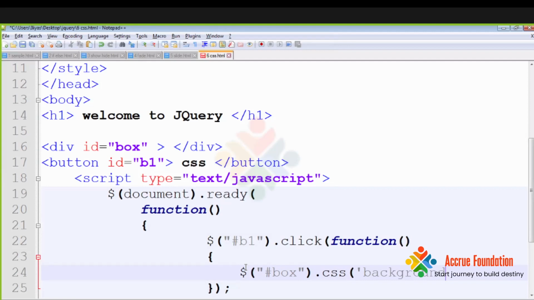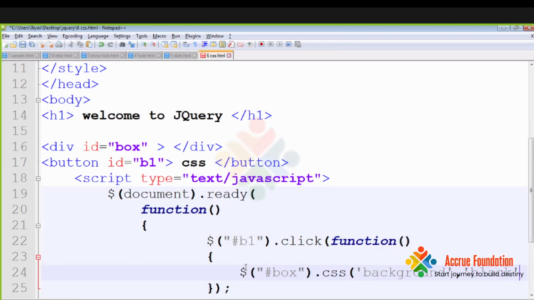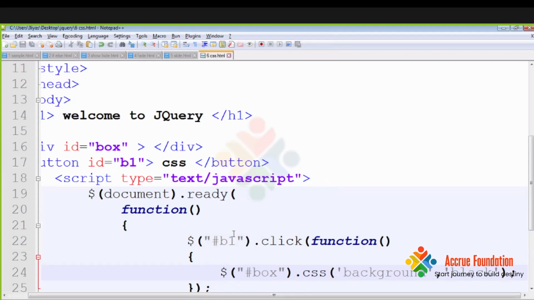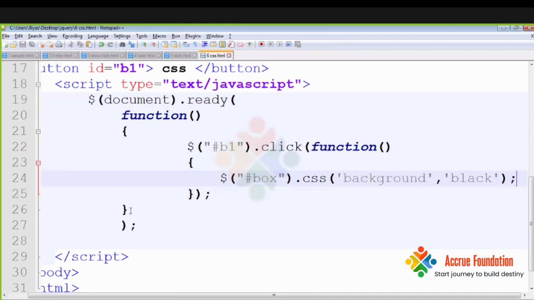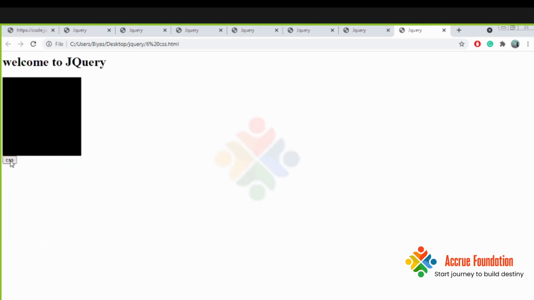The background should be changed to, let's make it black. Let's run this. This is a button. When I click the button, you can see it changes to black. Earlier it was red, and now it's black.